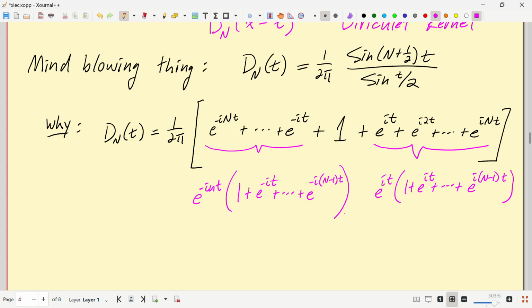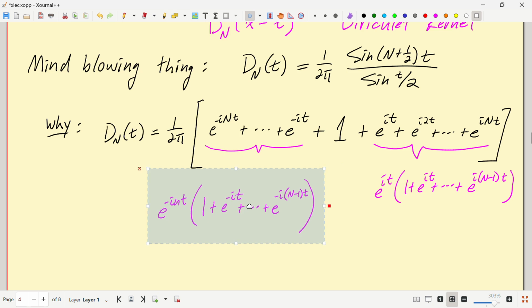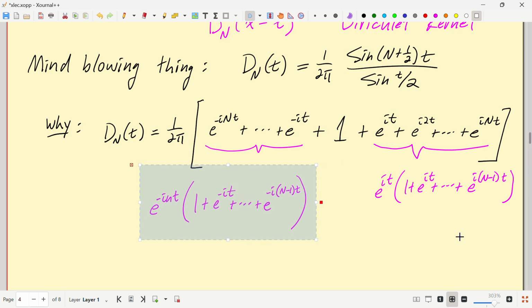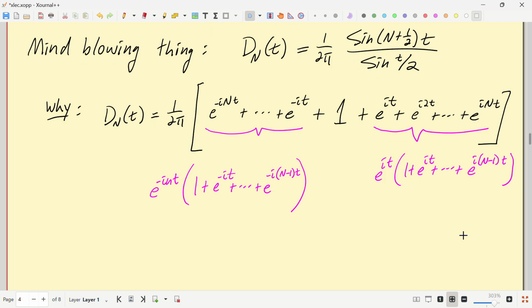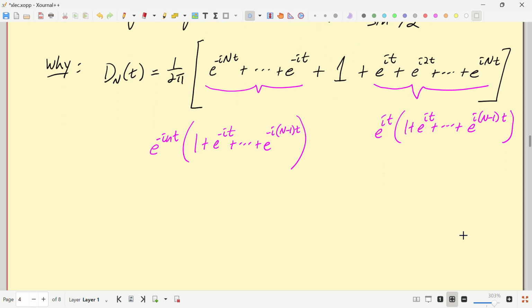Let me move that over a little bit. And the plus 1 in the middle. I'm not going to bore you to death with algebra, but that looks like a hairy sum to write out,